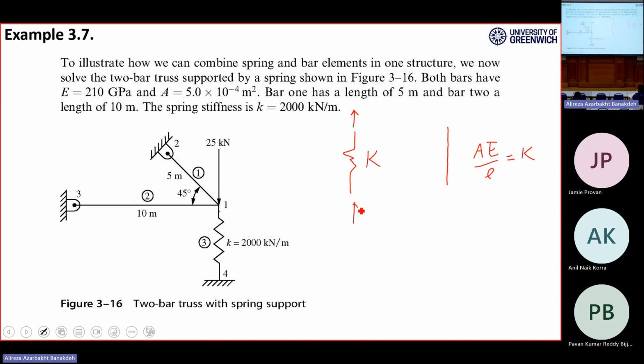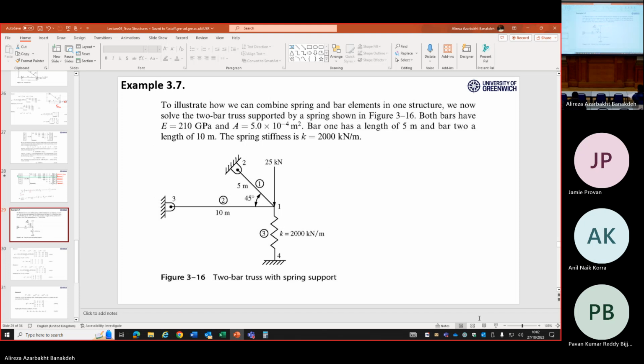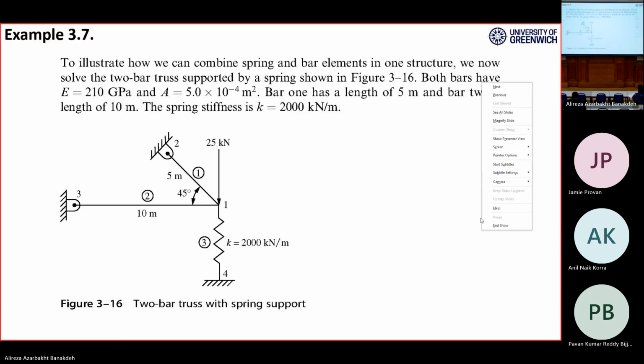This spring only can move vertically at both ends and not move horizontally because of the spring. Node number 1 can move horizontally because of the other elements, all right? But the internal force in the spring is either compression or tension. It means axial force, right? So when you have a spring,